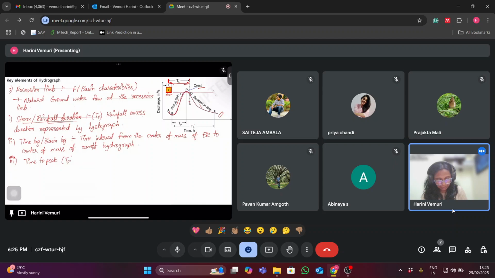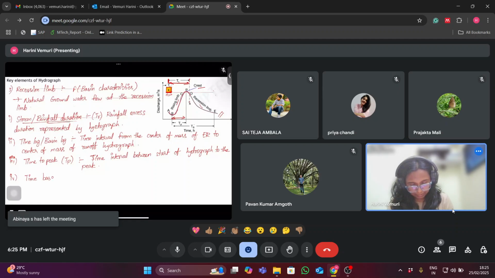Here it's represented by TP. As we can see, time to peak is the time interval for the hydrograph to reach the peak from the start. It is the time interval between the start of the hydrograph to the peak. This is called time to peak. As the name itself suggests, the time it takes to reach the peak is called time to peak. Next we have